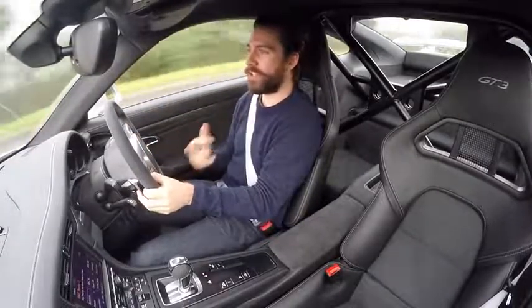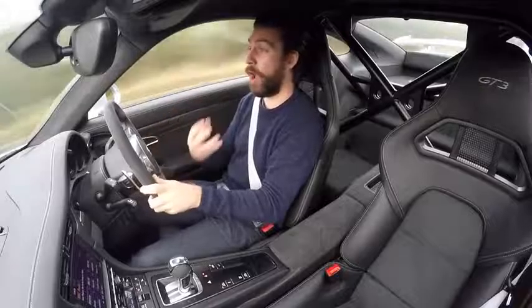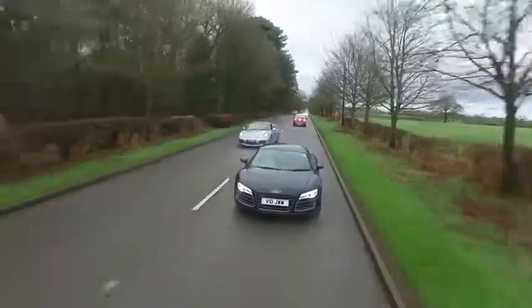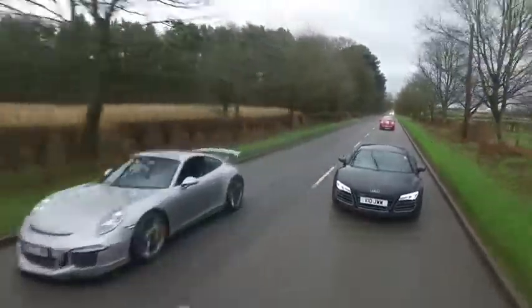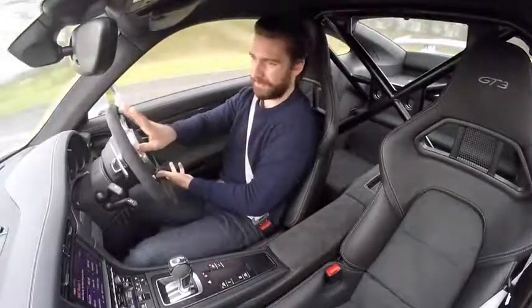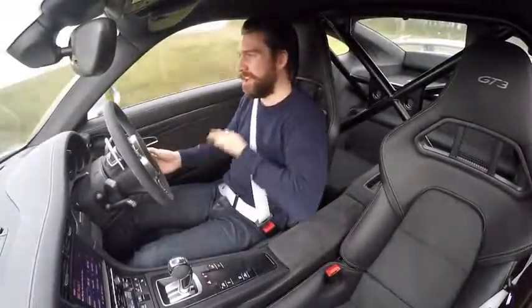It does that noise there. I think what's interesting about this, as an observation in my own self, driving the R8 and the Porsche back to back, I'm sure you can see it, the enthusiasm in myself just being in this car is turned up to 11. In fact, scrap 11, 12. This is just a new thing, a new